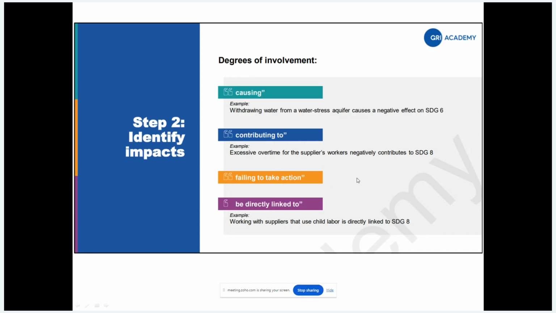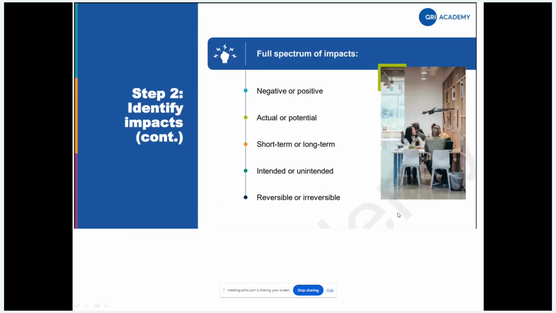So that will be the contributing, and at some point it can be failing to take action, and sometimes it can be directly linked, like working with suppliers that use child labor is directly linked to SDG 8. So this is a linkage, that if your supplier is using child labor, somehow you are contributing negative impact to the SDGs. So the full spectrum of impacts can be negative or positive. Positive impacts are those which are good, and negative impacts are those which are causing harm to the systems, planet, people,